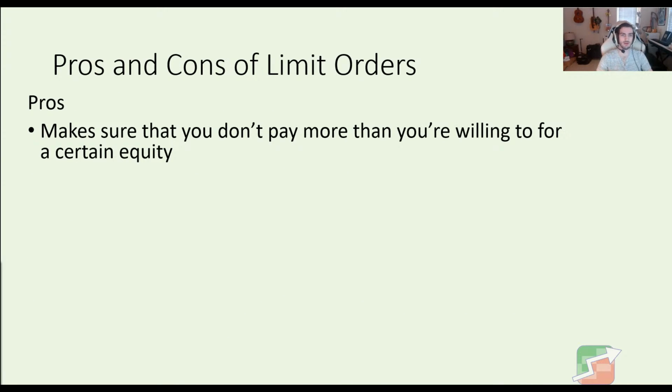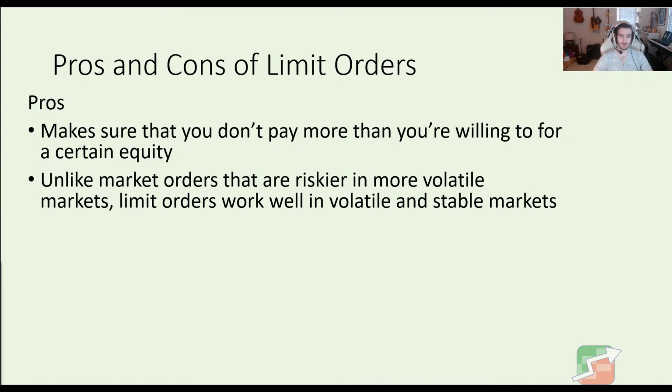So the benefit here is that, unlike the market order, we make sure that we don't pay more than we're willing to, because we've set the maximum that we can buy at or the minimum we're willing to sell at. So unlike market orders that can be riskier in more volatile markets where there's a larger spread between the bid and the ask prices, limit orders are fantastic in volatile and stable markets because you choose where you want to buy or sell at. It will not ever buy for more, and it will never sell for less than